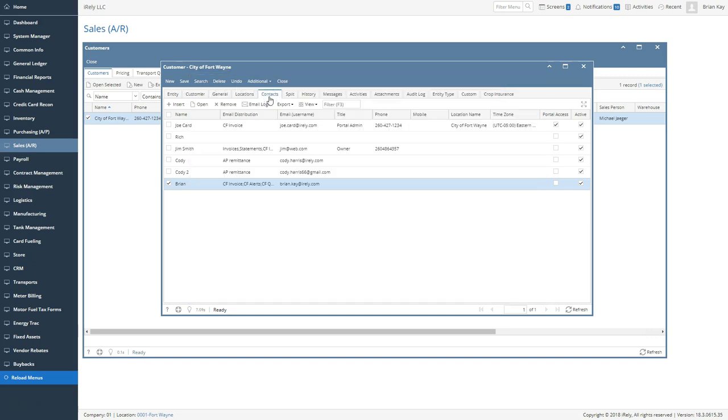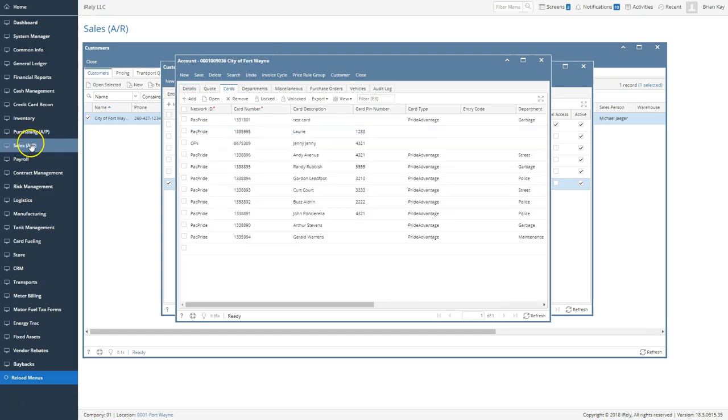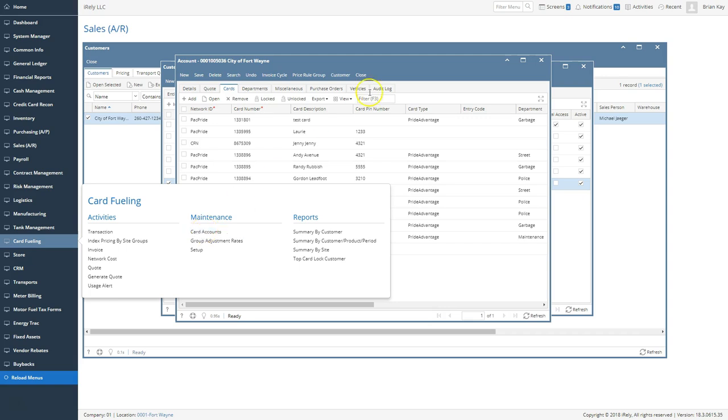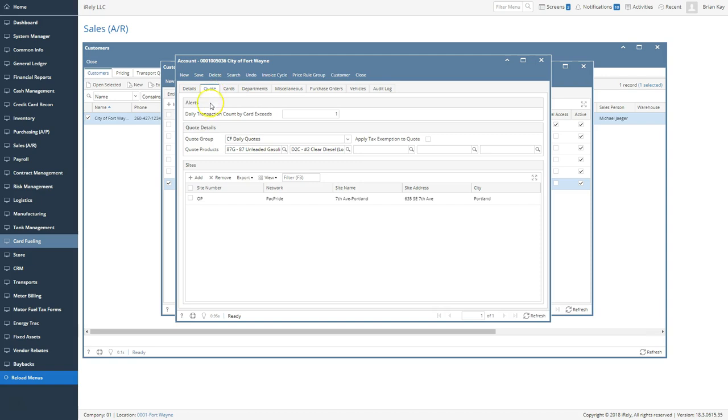Next, we will configure the alerts engine. From the customer screen, we can access additional info, card fueling. This is also located on the menu via card fueling, accounts, and then from there you will access the quote tab. You can set up an account-wide alert for any time a card exceeds the count of transactions in a